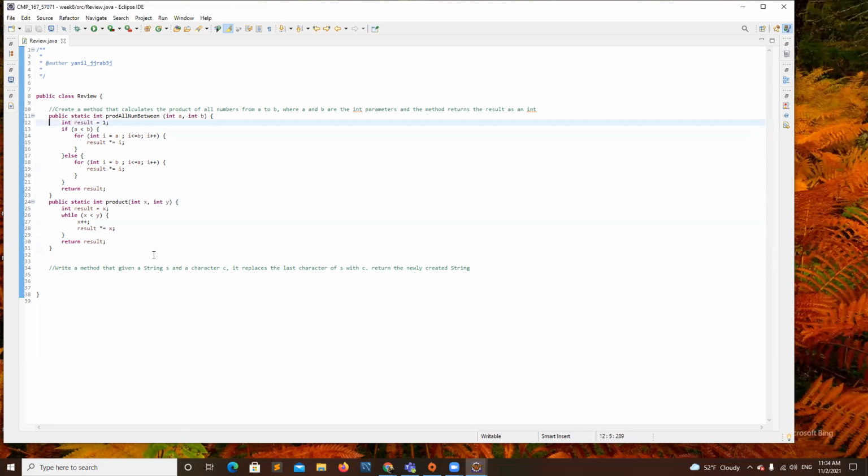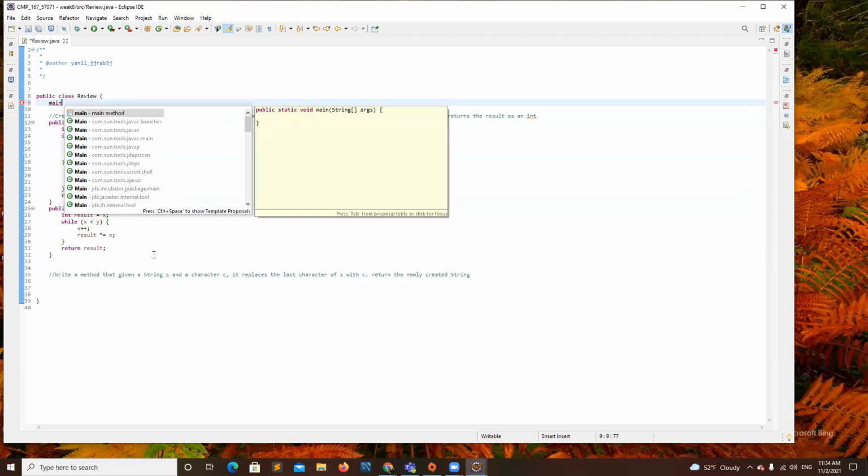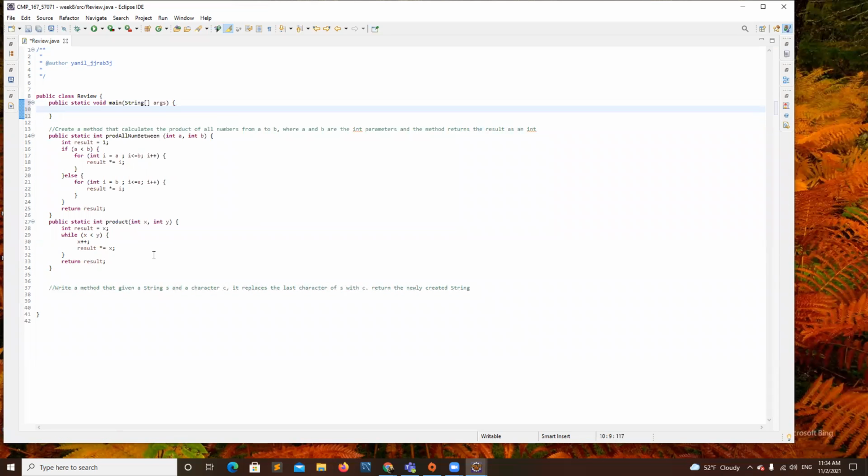So just so I don't add anything in the bottom, I will just create a main method in the top. The first thing that I'm going to do is have int A with the value of 5, and B with the value of 10.